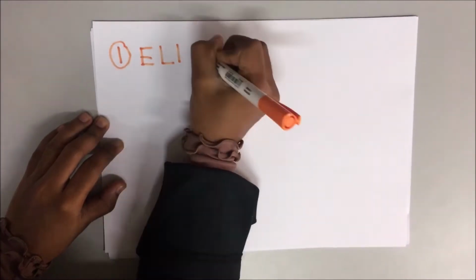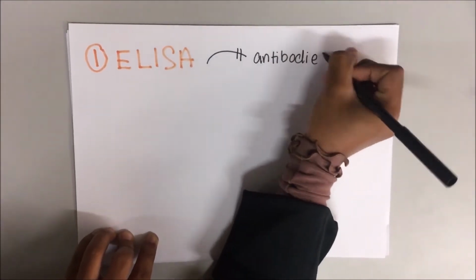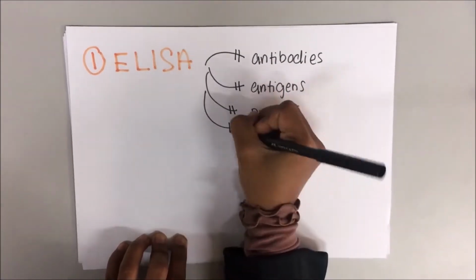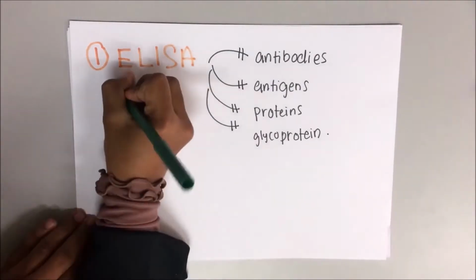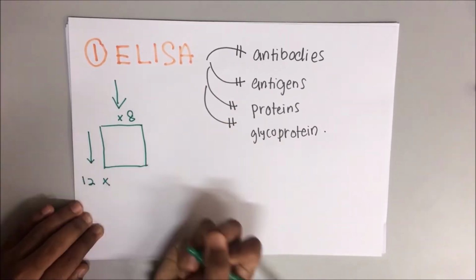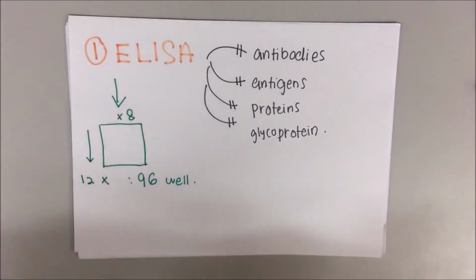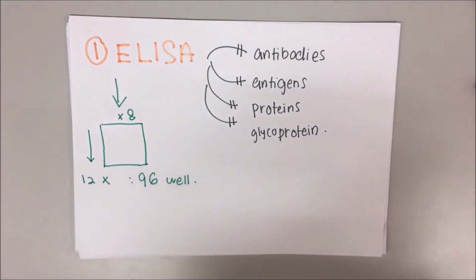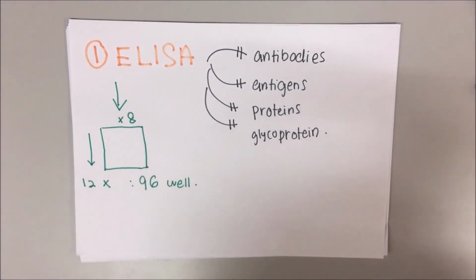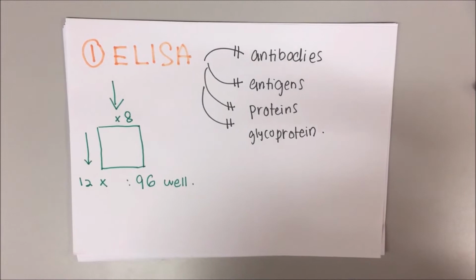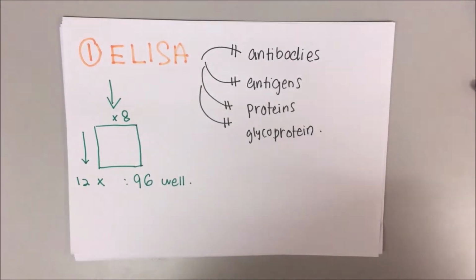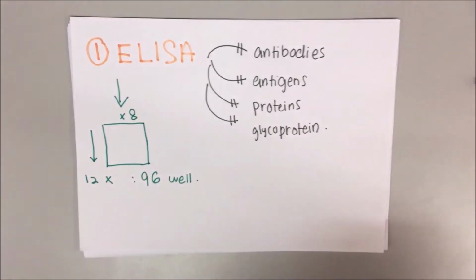The most commonly used method is ELISA. ELISA is used to measure antibodies, antigens, proteins, and glycoproteins. They are generally carried out in 96-well microtiter plates, and these plates are special absorbance plates, for example, NUNC immunoplates, to ensure the antibody or antigen sticks to the surface. Each ELISA measures a specific antigen, hence there are kits available for a variety of antigens.